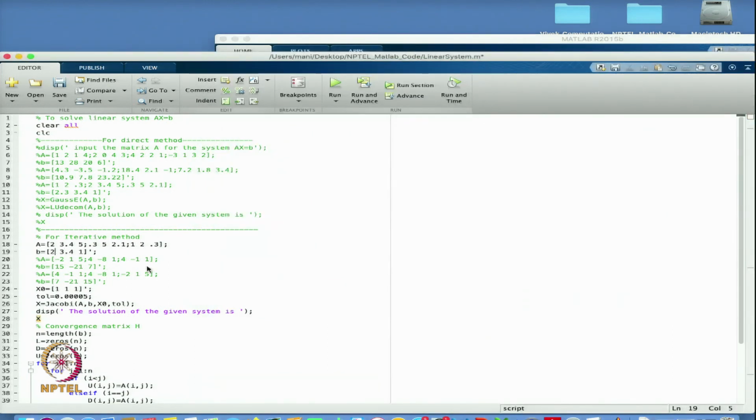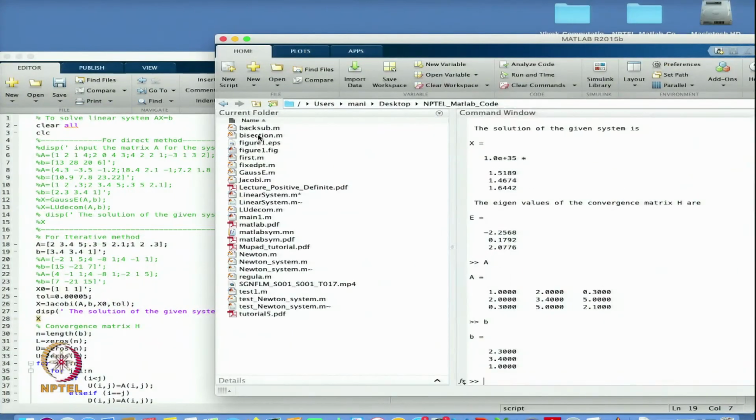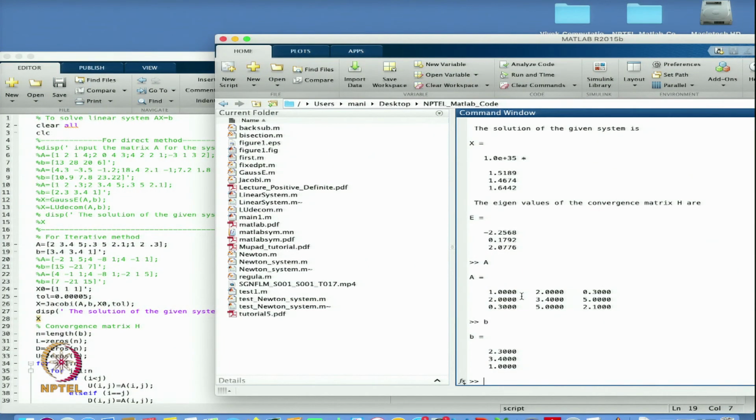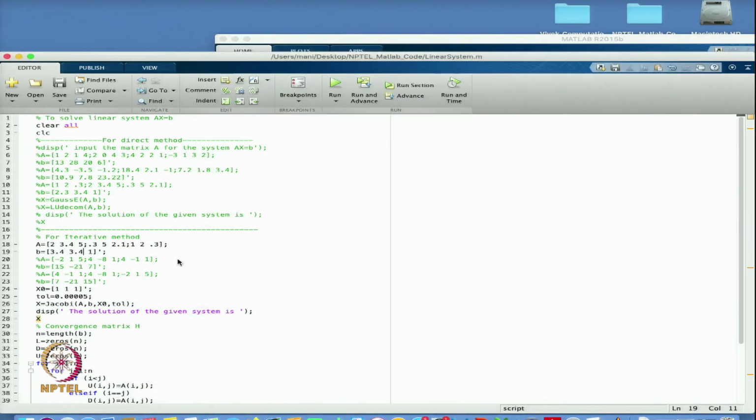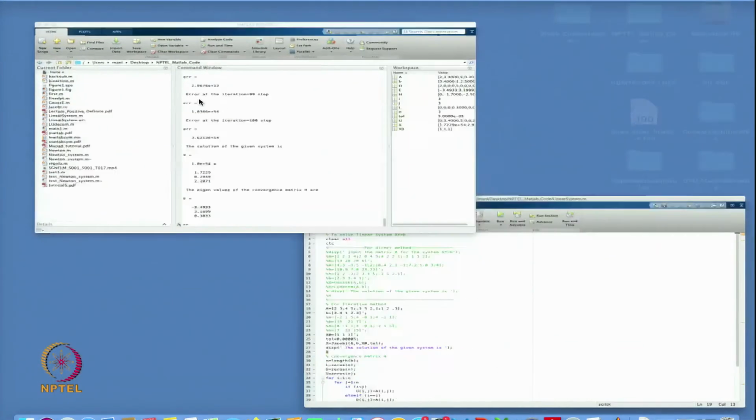So it is 3.4. Then another is 0.3 this, so 1 should be there and 2.3 will be there. So let us see what will happen here, because the matrix is not diagonal dominant.